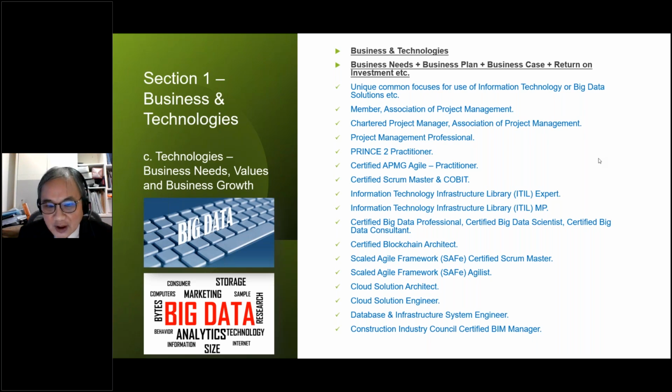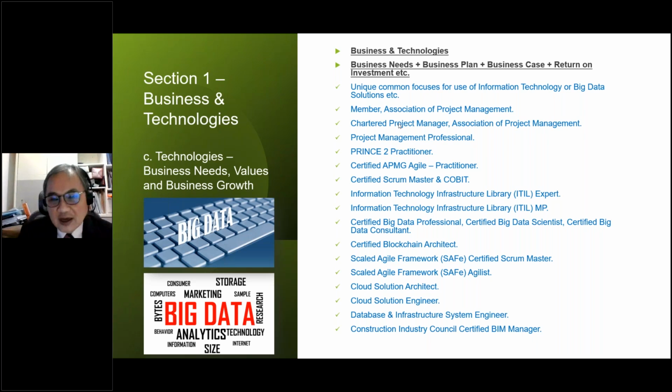And in terms of the technology and environment, we will have different types of professionals which are working on this, including we as either a member or a charter PM of APM.